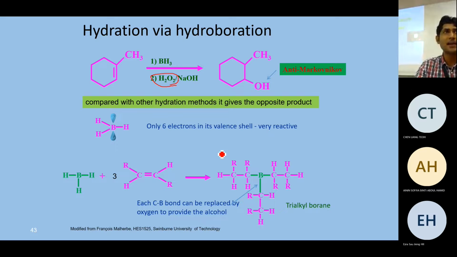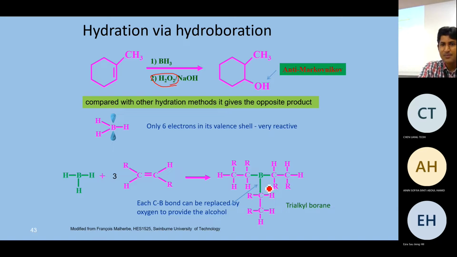Anti-Markovnikov rule will be applied in this case. So I was telling you a few minutes ago about the Markovnikov rule and the anti-Markovnikov rule. This is the anti-Markovnikov rule when there's hydrogen peroxide, which is a very strongly oxidizing agent. This is happening. Okay, so now another reaction is there: boron trihydride, when it reacts with this alkene, it produces